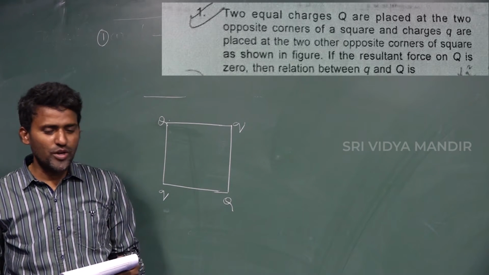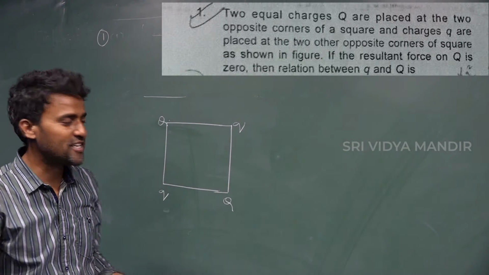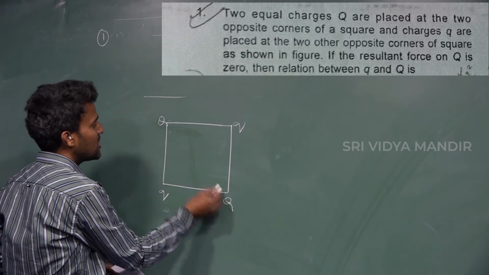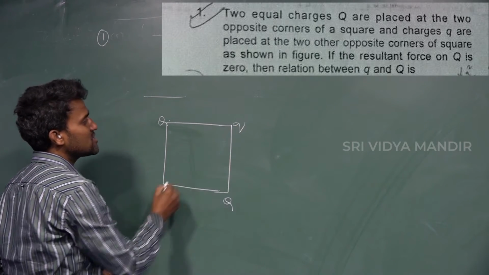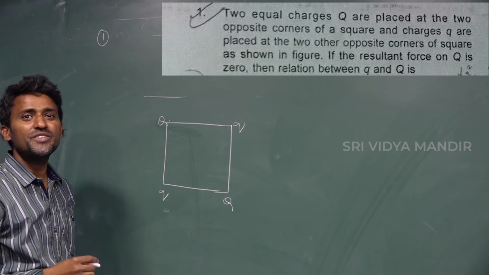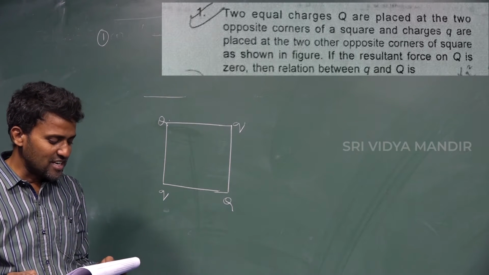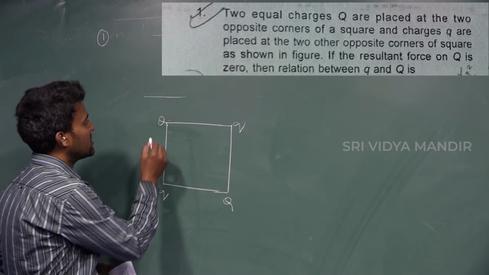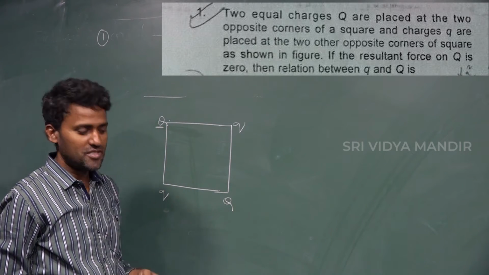Two equal charges, capital Q, are placed at two opposite corners, and two small q charges are placed at the other opposite corners of the square. If the resultant force on a capital Q is zero,